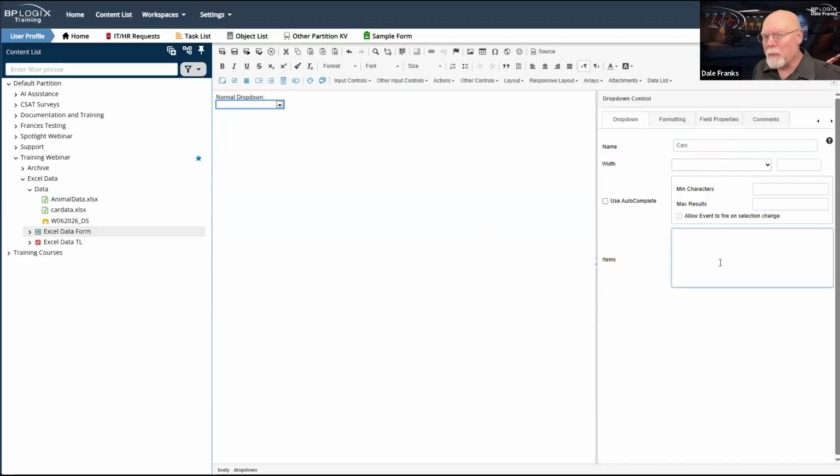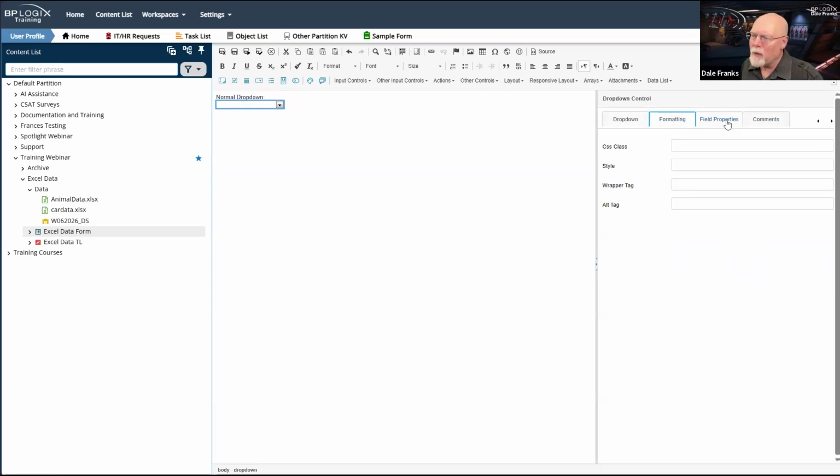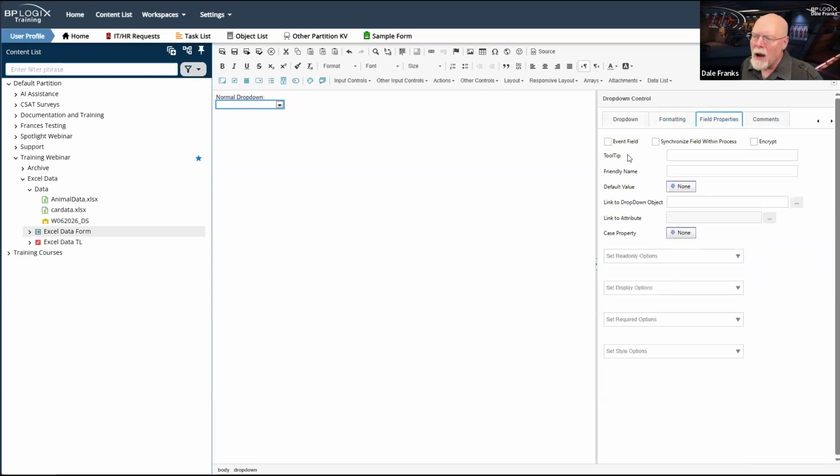I know I'm going to pull this data out of my Excel file. So I know I'm going to build a business value. So I don't actually need to do anything in the configuration. I mean, obviously, if there's some weird formatting thing I want to do, or I want to make it an event field, and by the way, I do, I'll click that.